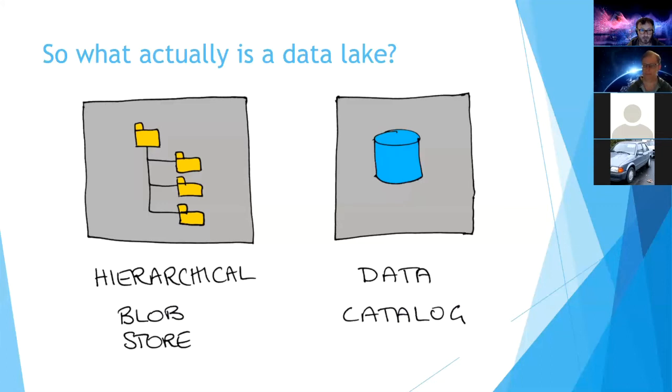It means that from the point of view of things like security, or whether to move all this data, delete all this data, or extract all this data to do analysis on it, having a hierarchy really helps. And the other thing is having the data catalog. The point of a data catalog is that we can find things later, and we have metadata that points to the underlying object, that allows us to extract what we want.